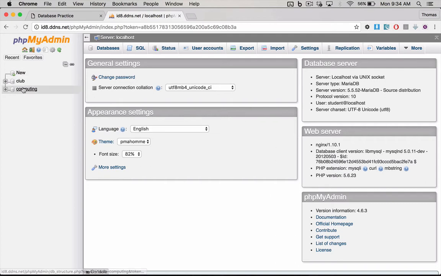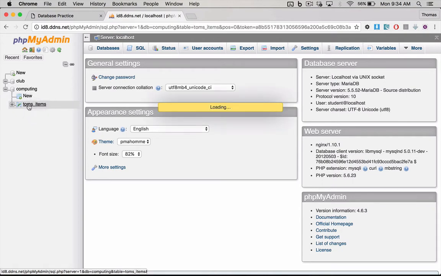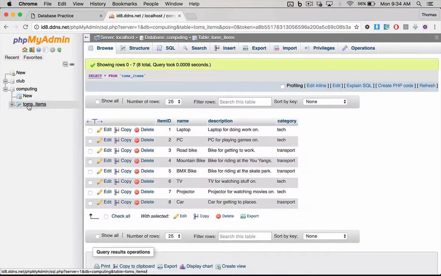Here is the database interface. So just quickly, this is what we have to do. We're going to go to computing. These are the list of the databases here. This is empty at the moment. This is ready for our other application project. But here is going to be our practice stuff. I'm just going to open this up and see that there is only one table. So this is the database and this is a table. If I click on this table,